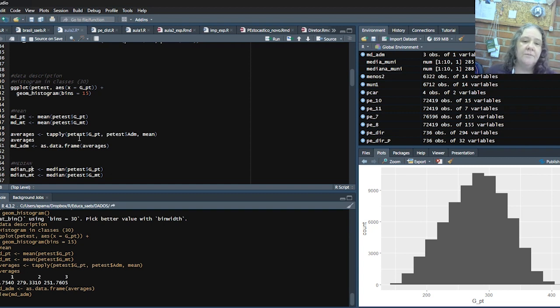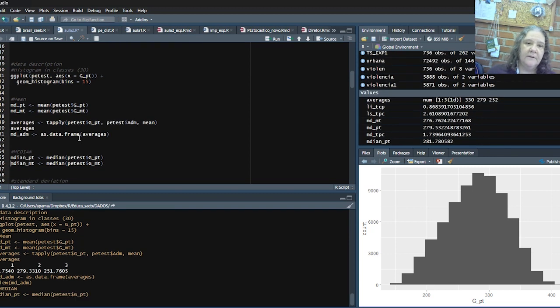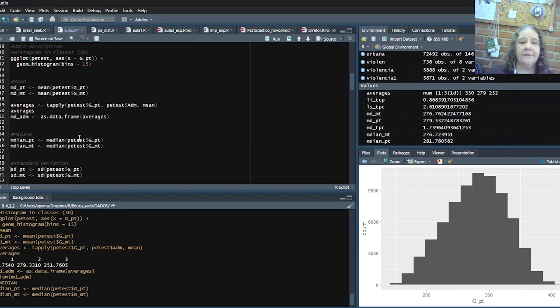So I'm going to ask for the median for Portuguese and for math, and I also can keep the standard deviation. And why do I need the standard deviation? Because considering that my population is almost normal,